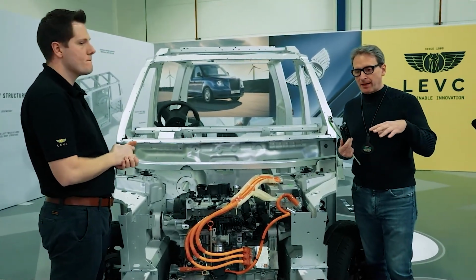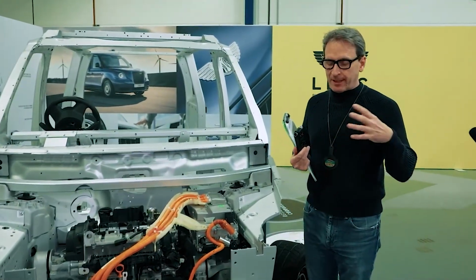And I can say with my passengers, the first thing they do ask me, because they know the vehicle is new, they can see that, they ask me, is this electric? And I say it is, and then they say, it's very quiet, it's very comfortable, it's a very smooth ride. They then ask me how many miles does it go, and then I explain to them, don't worry, we can get you anywhere in the country. That's not for you to worry about. So all those questions are answered, and it's something that passengers can jump into with confidence,